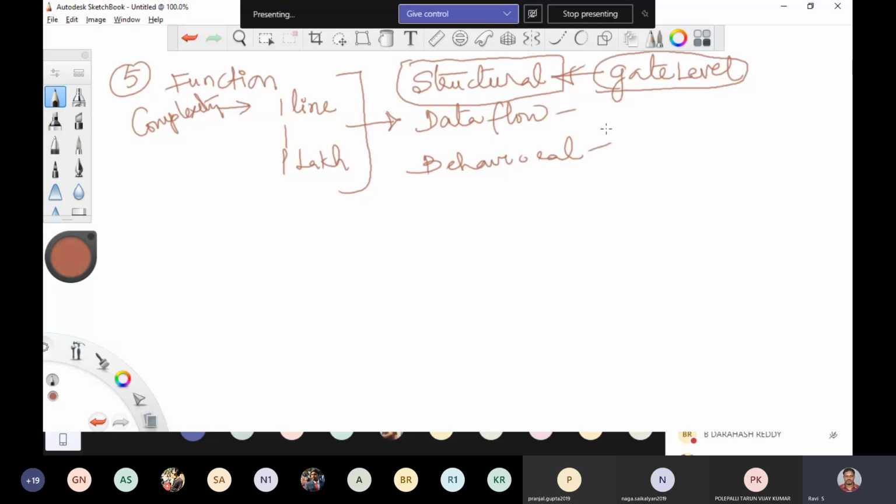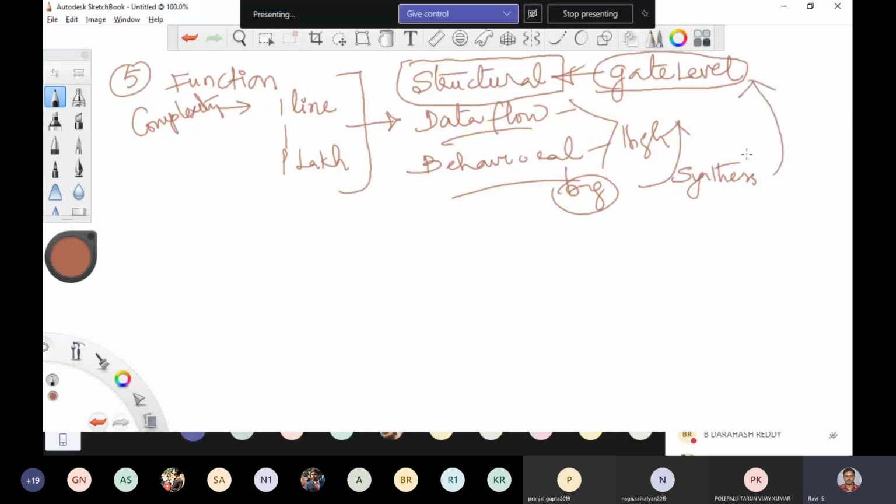Data flow and behavioral are high level modeling. Whenever the circuit is big, you can use data flow and behavioral modeling to describe the function. Finally, there will be a synthesis tool that will convert your algorithm or data flow into the gate level.